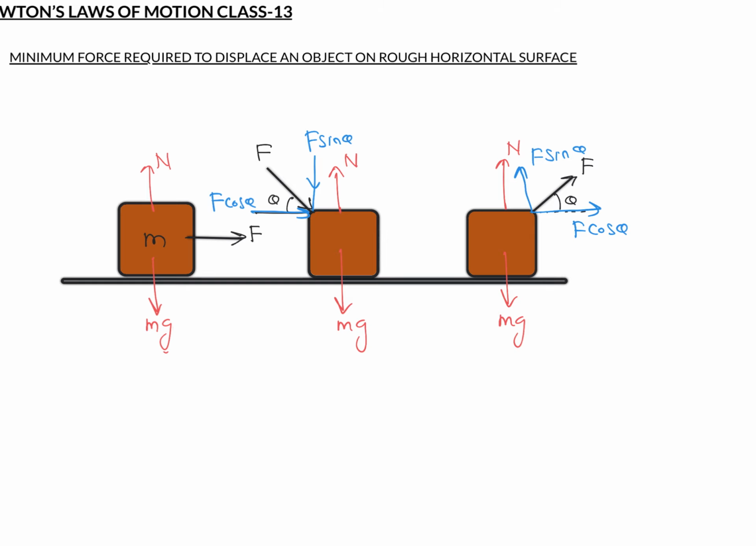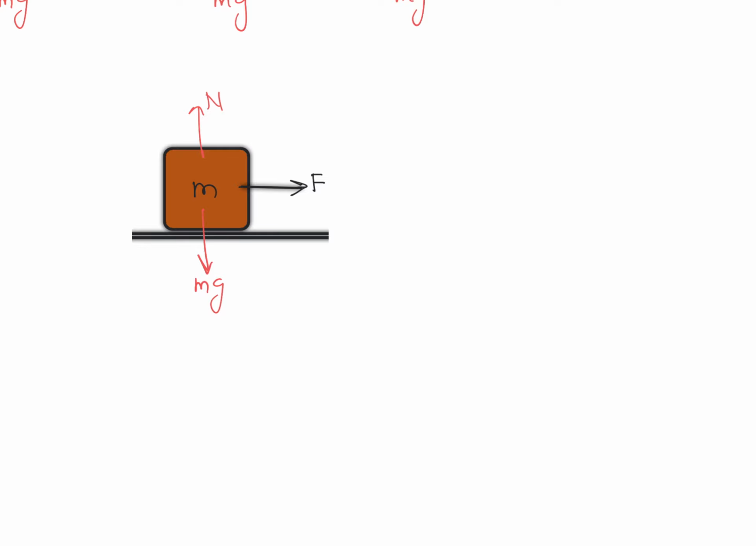Now if you are observing individual blocks, then for the first block, as the force is trying to displace the block towards right, if frictional force exists, it will act towards left. So the minimum applied force required to displace this object should be greater than or equal to this frictional force. So you can write the value of minimum force should be equal to frictional force,